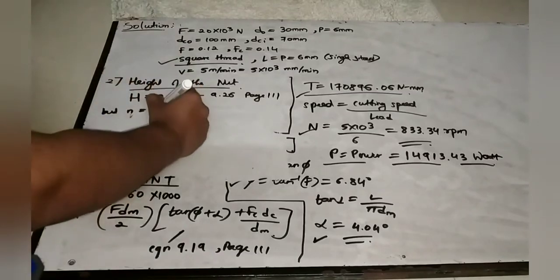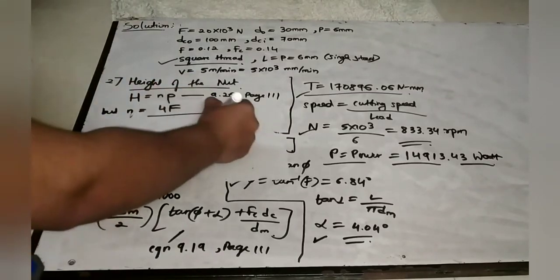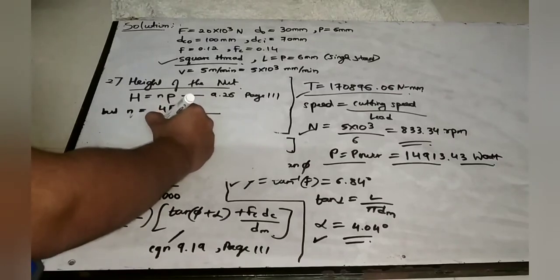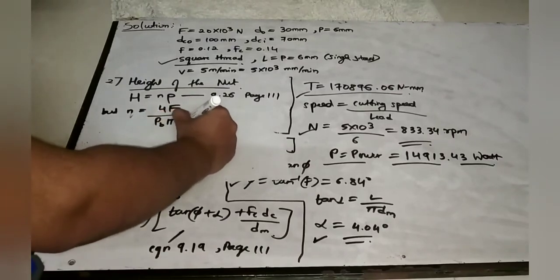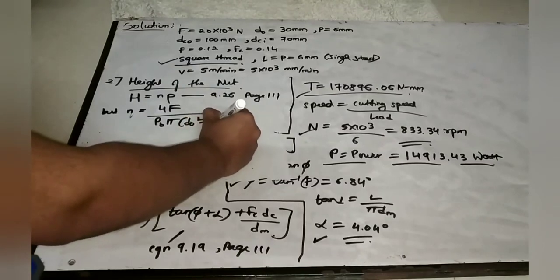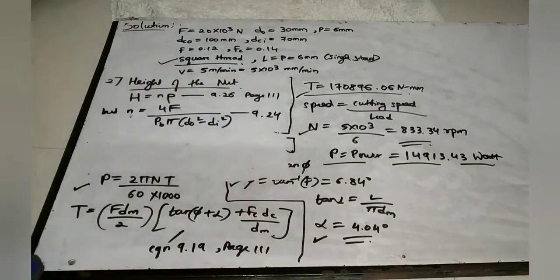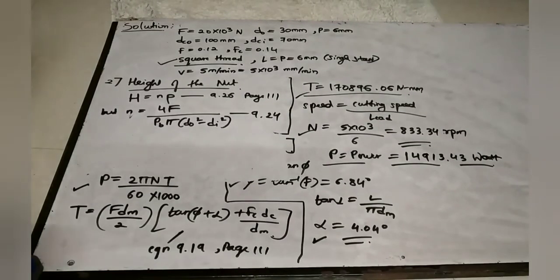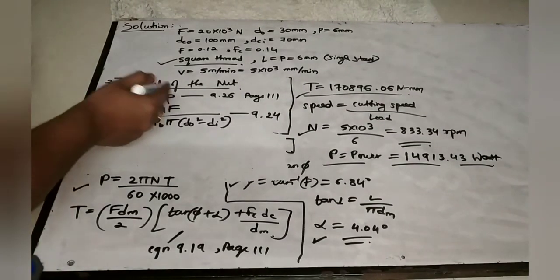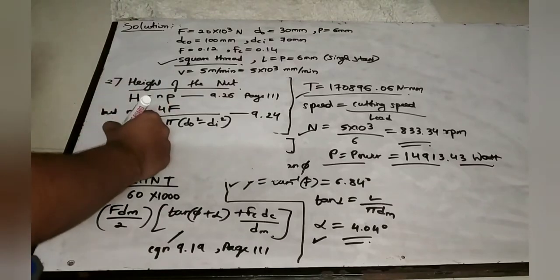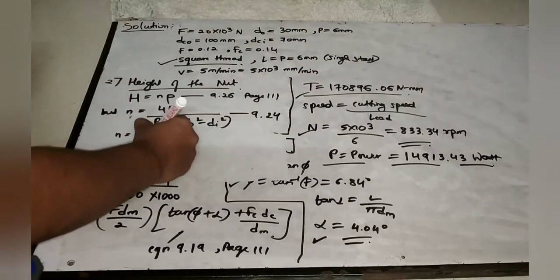So it is 4 times F divided by bearing pressure into pi into d naught square minus di square, equation 9.24. Okay, so this is given. Now if you substitute in this, F is known to you, so N is equal to 4 times 20